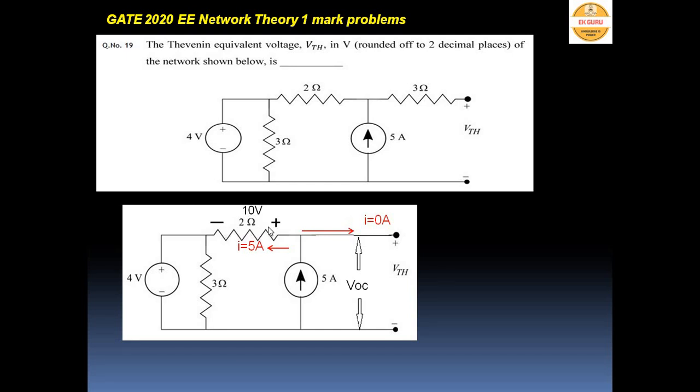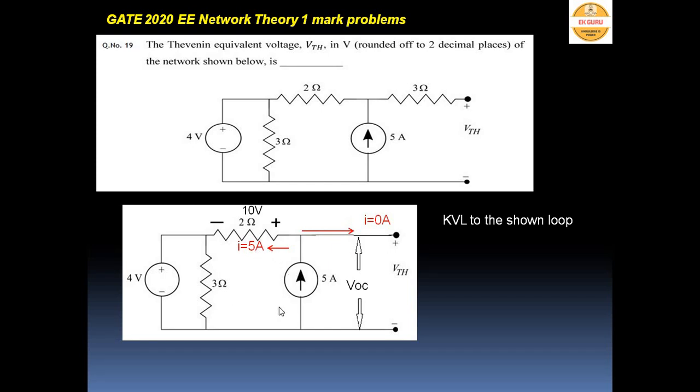The signs are given like this. Current entering we will note as positive, current leaving we will note as negative, because resistance is a passive element which dissipates power, that is, voltage will drop across the resistance. That's why the current entering we take as positive and the leaving as negative, because here a voltage drop is occurring. And the voltage across this 3 ohms resistance is 4 volts, because these two are connected in parallel.